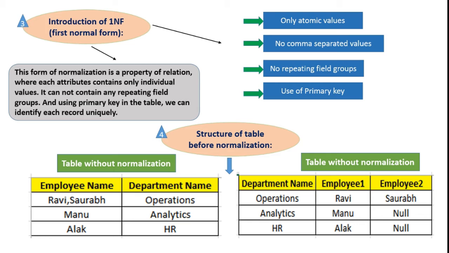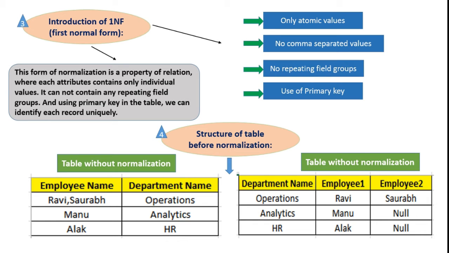The problem is that you cannot apply select, update or delete kind of commands on the employee name column here, because these are separated by a comma separator. It is really impossible to identify based on the employee name column, because these are non-atomic values. On the right section you can see, let's suppose the same employees table, but in another structure. We have employees but the structure is different.